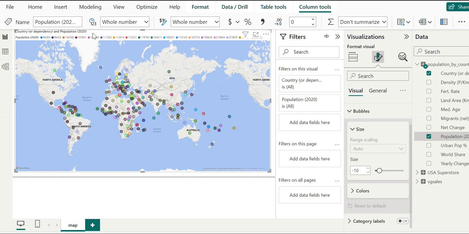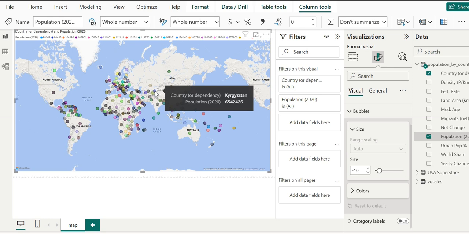We can read about it here, and by hovering over each bubble we can see the population it represents. For Russia, we can see the population is this. For India, the population is 1,380,000,000. In a similar fashion, we can hover over the bubbles for China and Russia, whose populations we can see are sometimes more than India and sometimes much less than India.